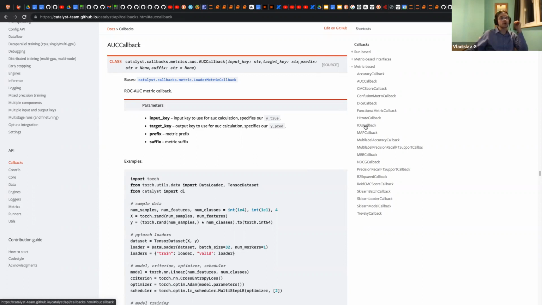For example, IOU is a metric for scoring bounding boxes, and so on and so forth. So different metrics, which we could use from this framework.